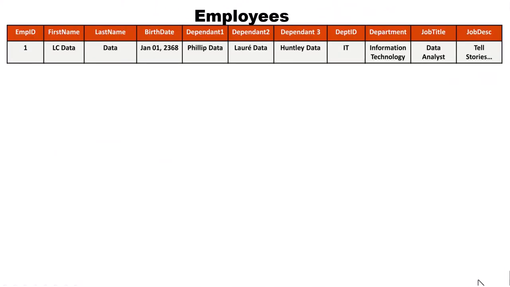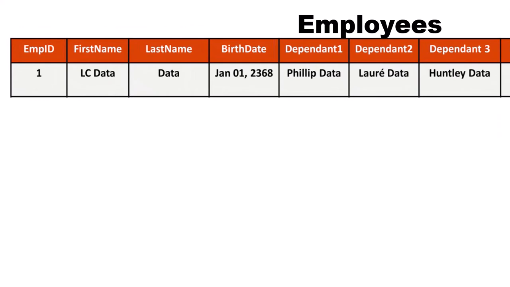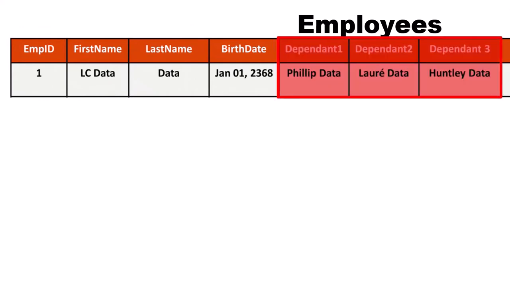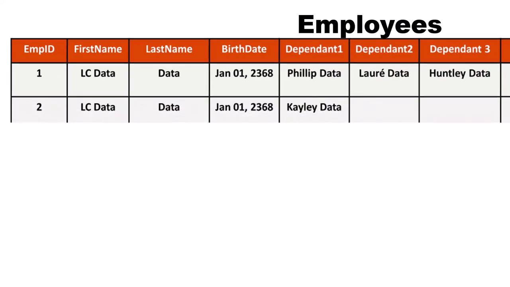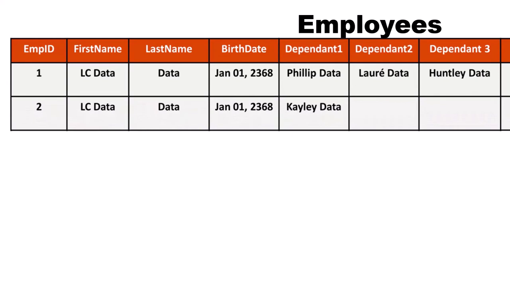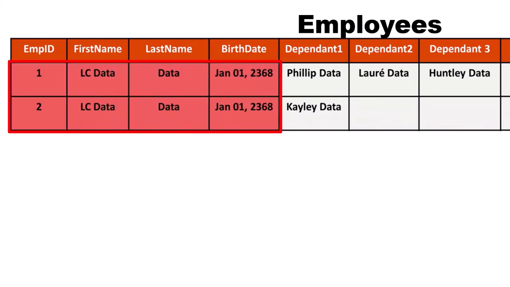Here, we see a table with employee data. The table has a column for 3 dependents for each employee. There are 2 problems with this design. Firstly, if an employee has more than 3 dependents, we are stuck. To capture 4 or more dependents, you will have to store the employee more than once. That means that the main entity, the employee in this case, will be a duplicate with 2 distinct primary keys, and we are using unnecessary space in storage because we must capture the employee's personal information twice.